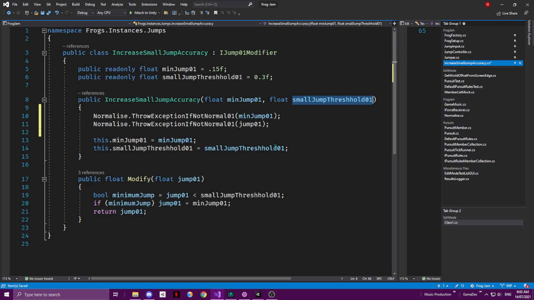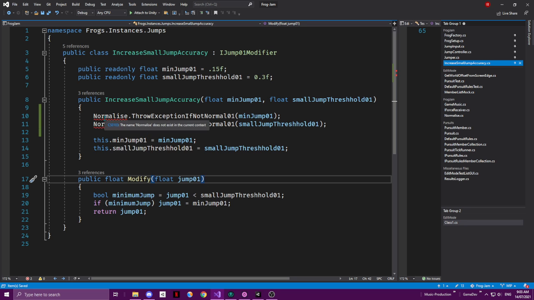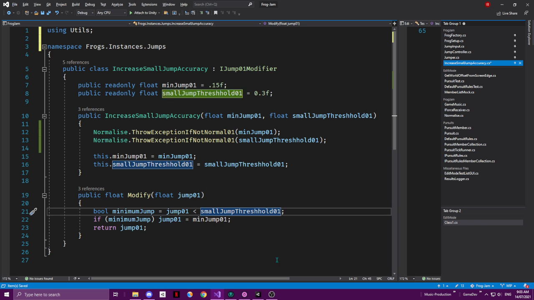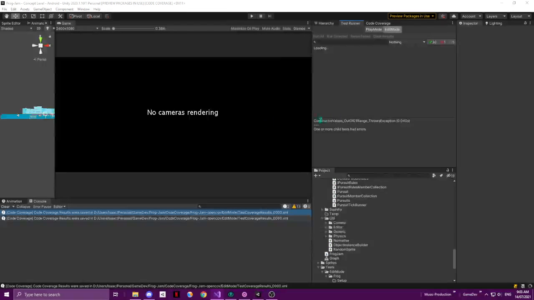And jump and small jump threshold. Gathering suggestions. Geez, that was hard to come up with all 4 of those. Okay, disable, compile,